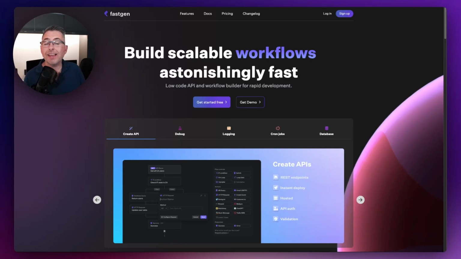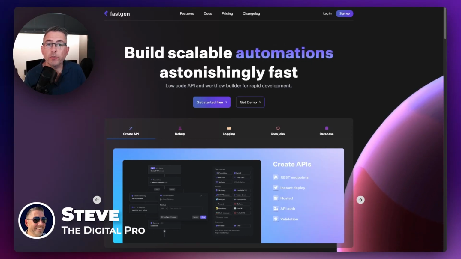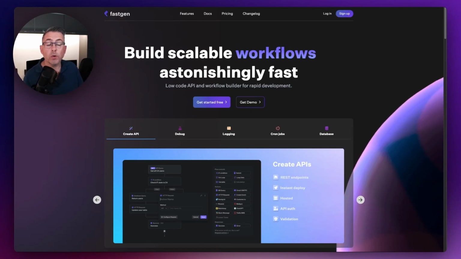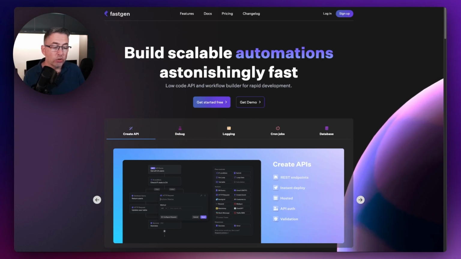So Fastgen is a fantastic alternative backend provider for your FlutterFlow and no-code application. In this particular video, we're going to solve a very common problem that you may find when using other platforms, and that is we might want to bring back two data sets together in one single API call to our